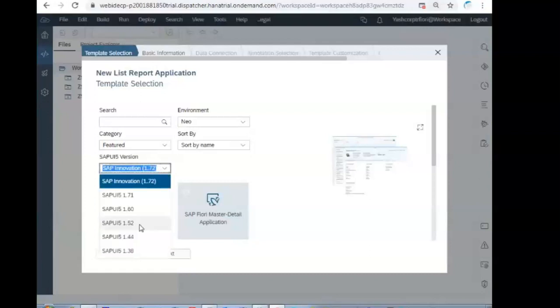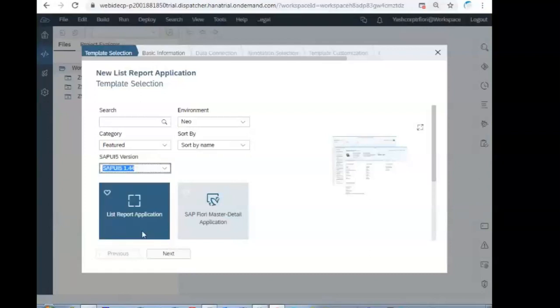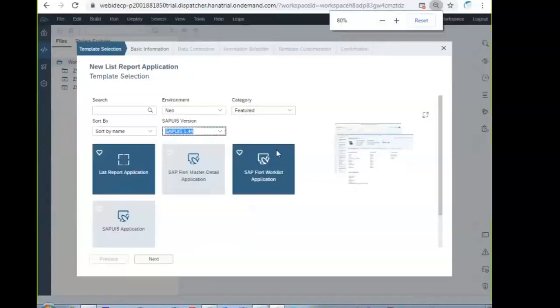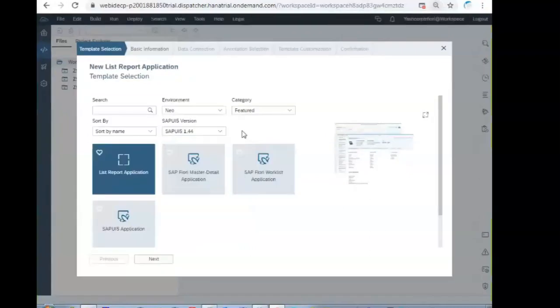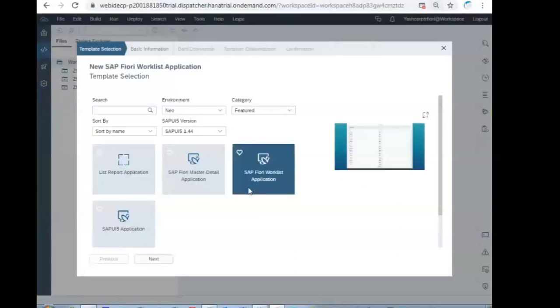Choose the version 1.4. Choose the SAP Fiori worklist application.